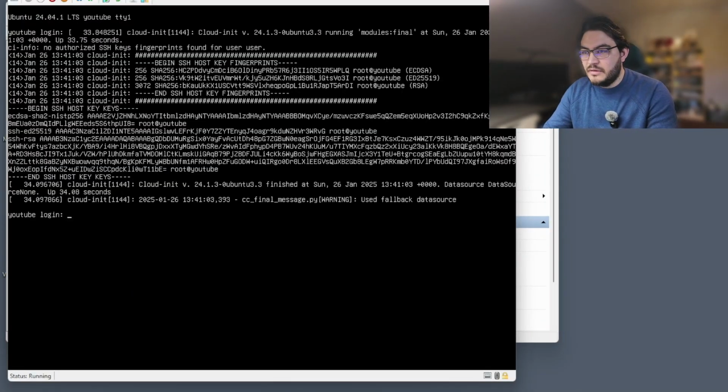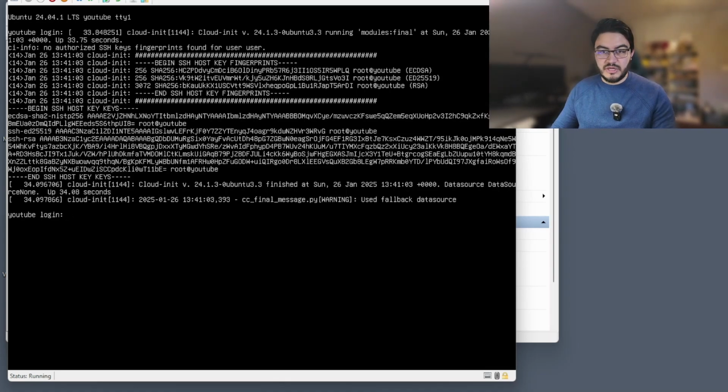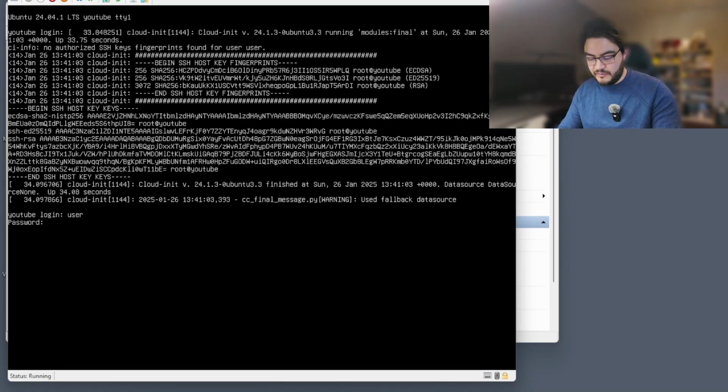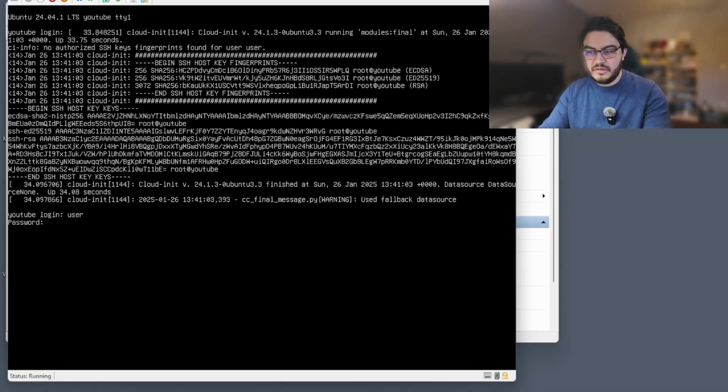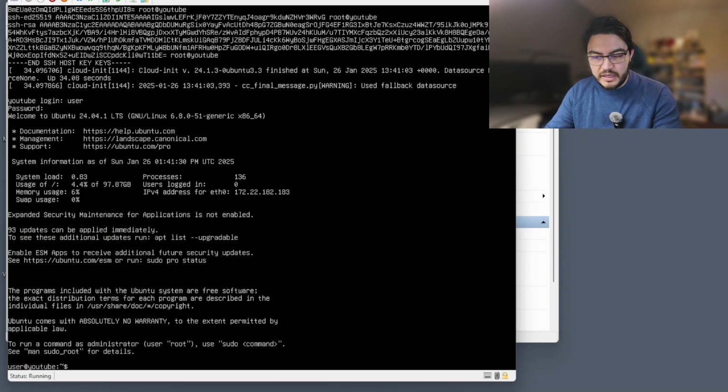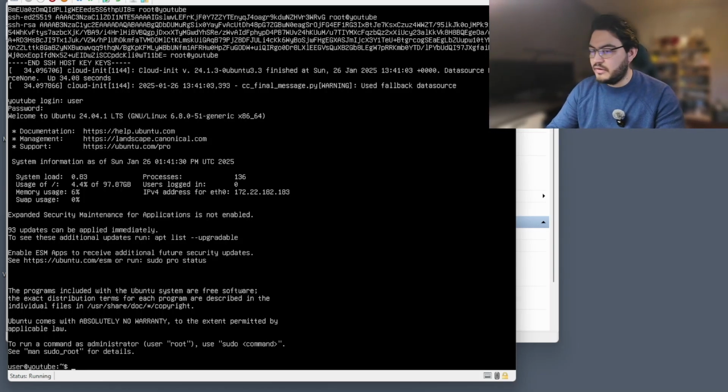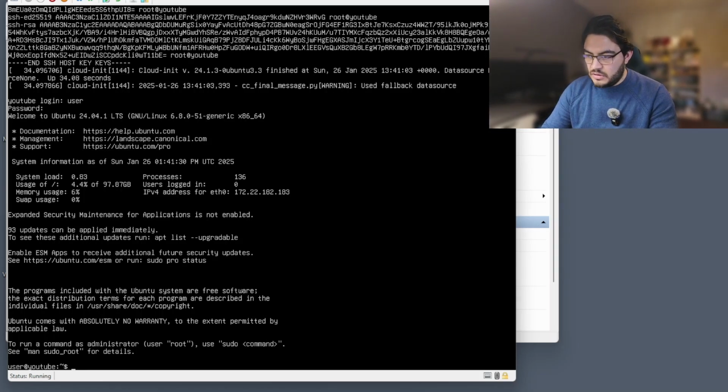Okay, so it's done booting. So now it's going to ask us for a login for the username. Ours is user, and the password, obviously the most secure password in the world, capital A, B, C, D, exclamation point, 2, 3, 4. Hit enter, and we are in. So what you do first after installing a Ubuntu server is you always update the repositories,